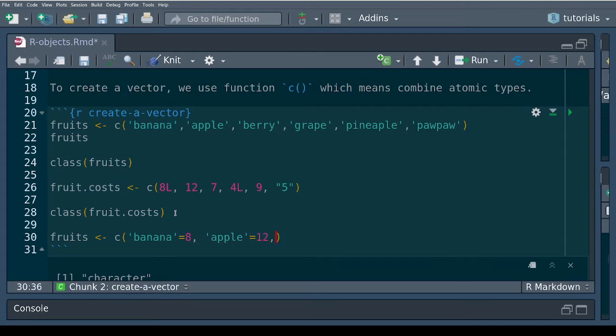Apple cost $12. Berry cost $7. Grapes cost $4. Pineapple